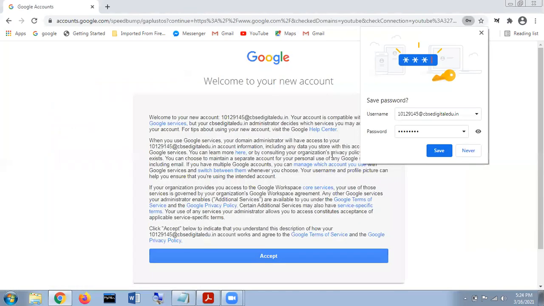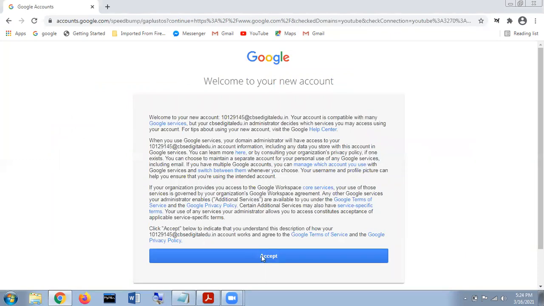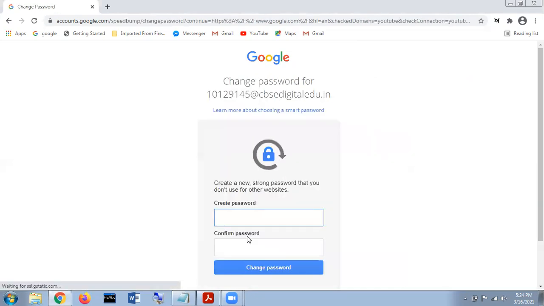Now, as and when we click on the next option, it says welcome to your new account. This is the terms and conditions. I'm simply going to click on the accept option. And now I'm just going to enter the new password here. Again, a confirmation password is required, so I'm simply going to enter the password again.